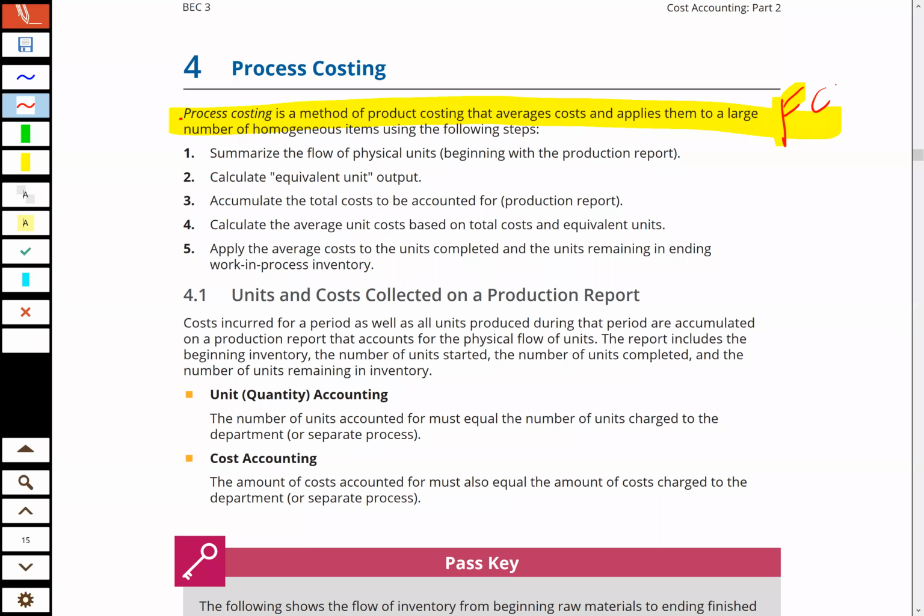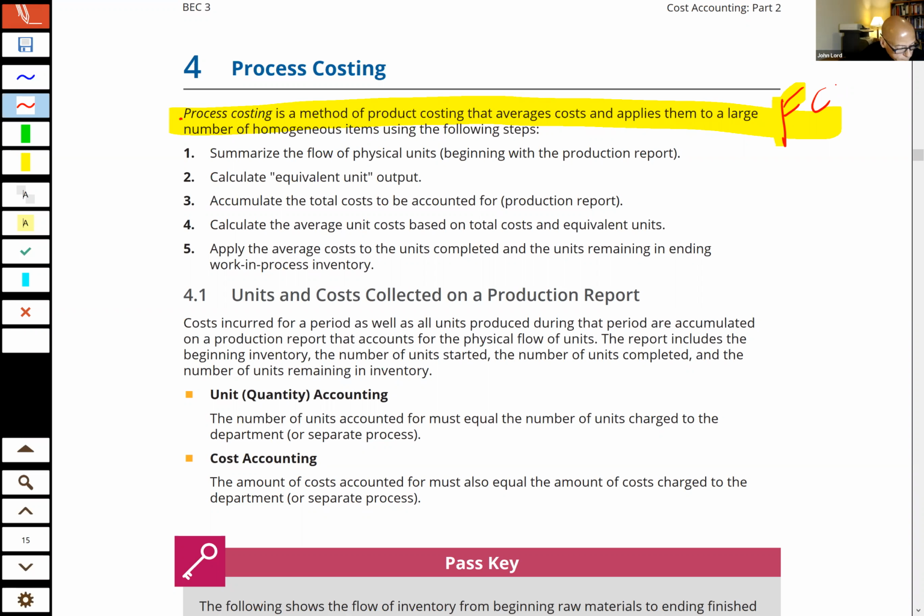Then the flakes get transferred what? From the flake department to the box department. And so now we have what? Now in the final processing department, we have finished goods, don't we? And we transfer them out of the work in process in that final department into finished goods, okay? And that's how we track our costs. We track them by department, okay?